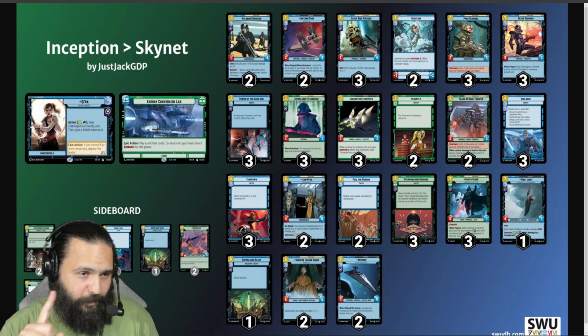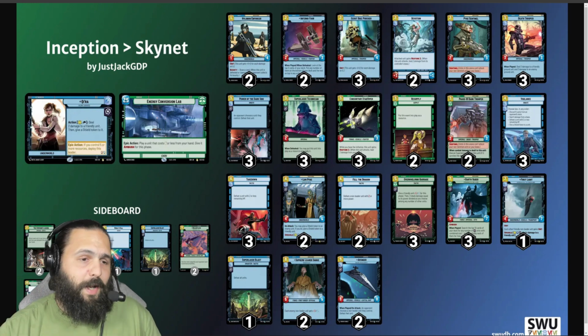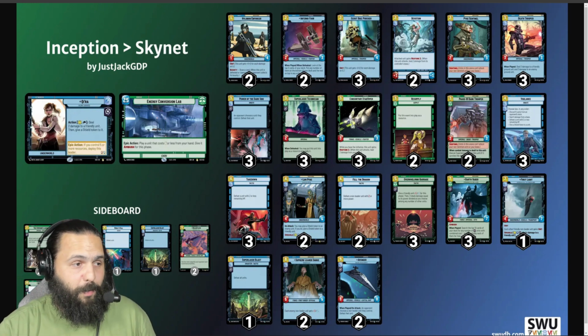This will probably be the deck that I take first week to locals. I think there's going to be a lot of aggro. As always, people are excited about Poe and Wrecker, Sabine with Darksaber for good reason. But this could be a deck that goes well into it, and I encourage you to give it a try, give it a whirl,